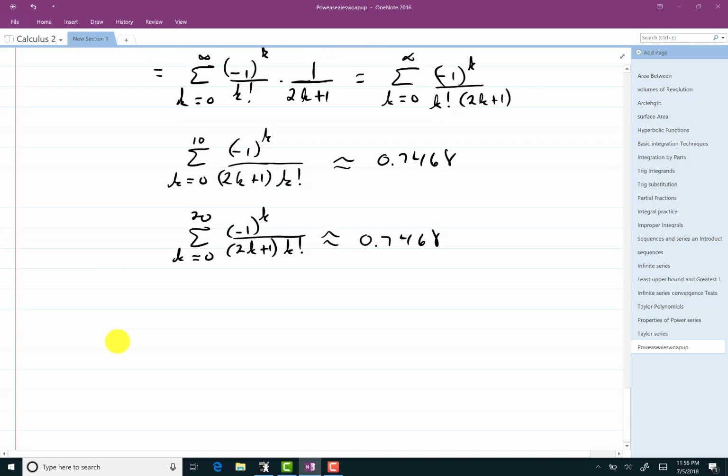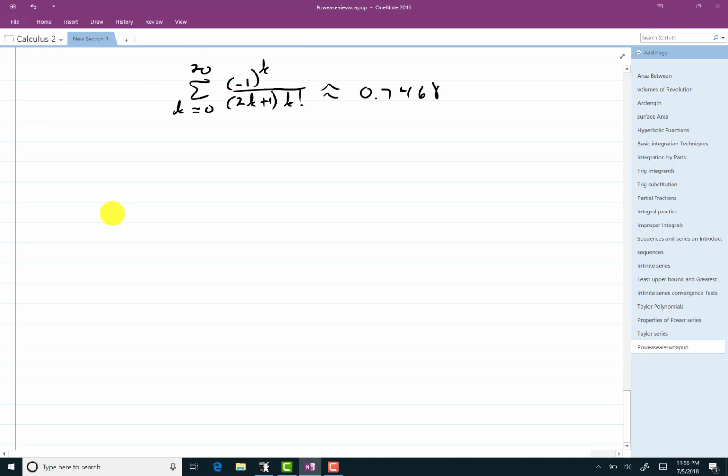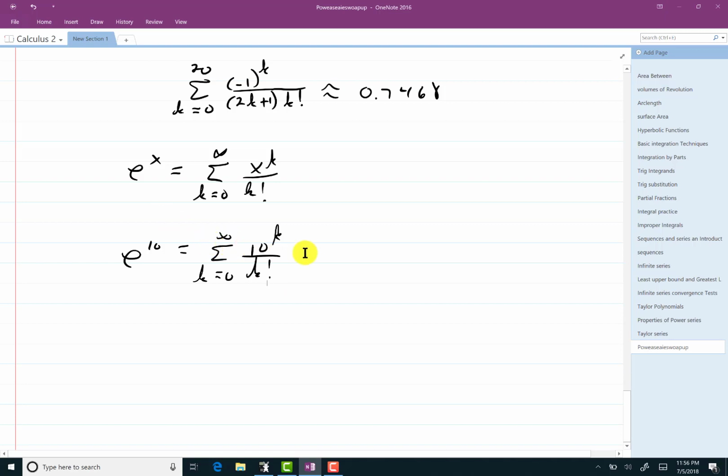So you can do a lot of things. You can estimate values of e. Remember, e to the x equals summation k equals 0 to infinity, x to the k over k factorial. So if you wanted e to the 10, you could use this series. So that'd be 10 to the k over k factorial. And then you could put different values up here, throw it in the calculator, and see what numbers you get. I know you can do e to the 10 directly, but nonetheless,